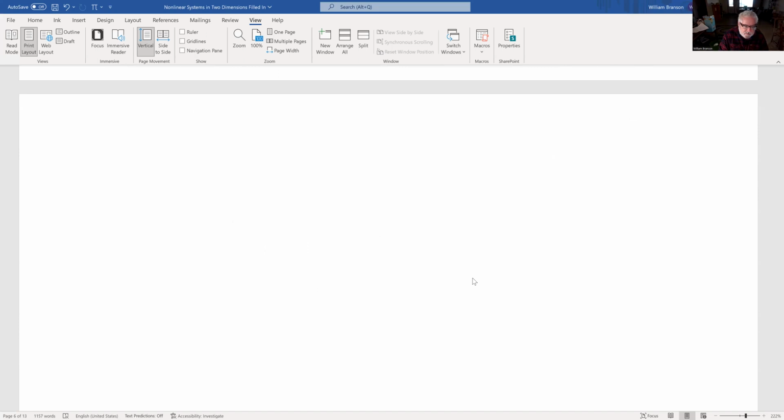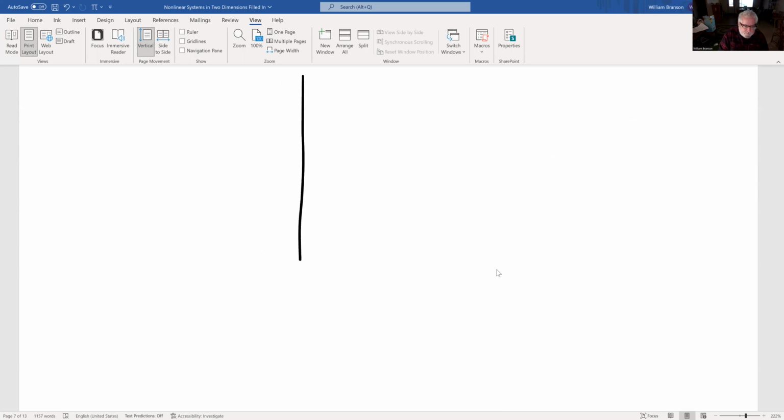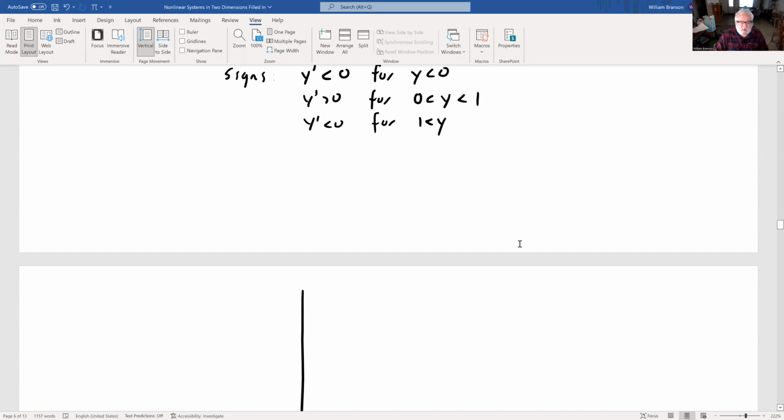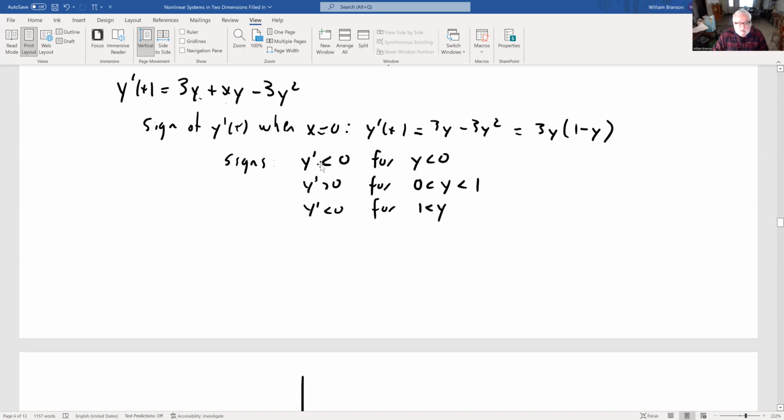So I'll draw the picture down here. Scroll that up a little bit. So there's the x-axis. We'll draw that's the y-axis. We'll draw the x-axis in a little bit later. This is a nullcline. X prime equals 0 on that. So all our arrows are up and down. Down, right? Y prime is negative, a negative y component, if y is less than 0, up for y between 0 and 1, and down again for y greater than